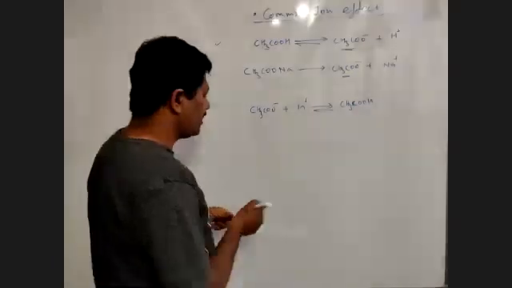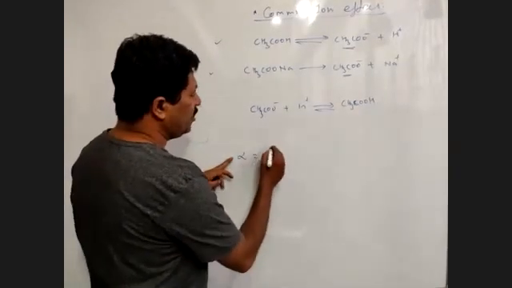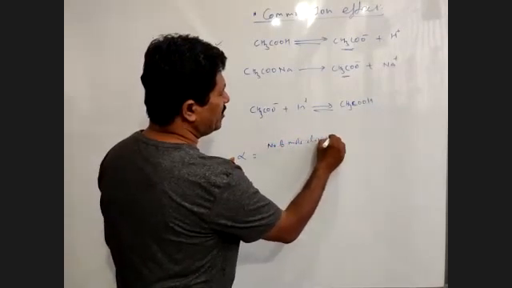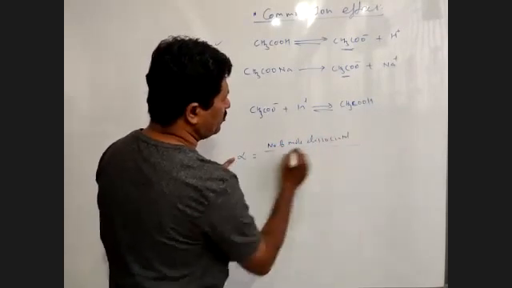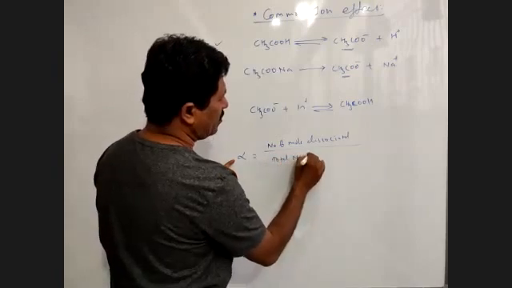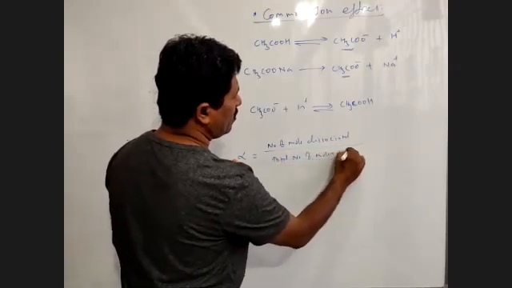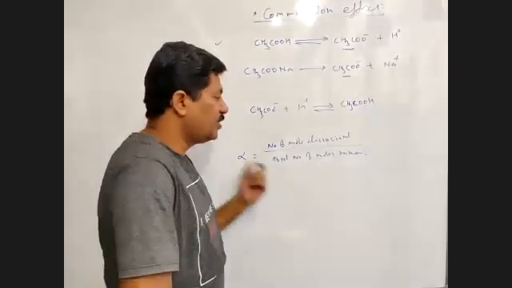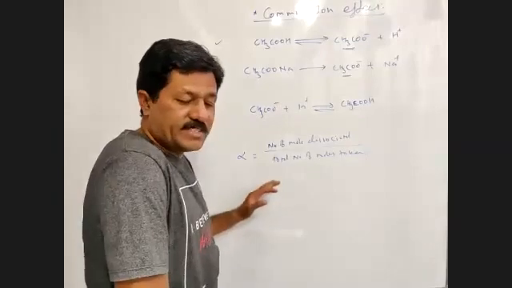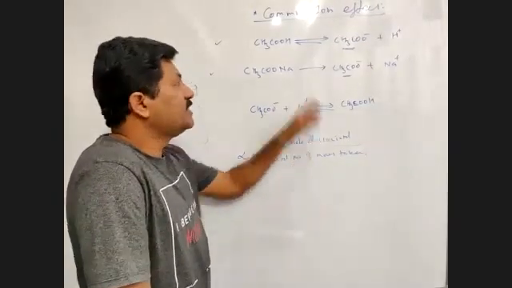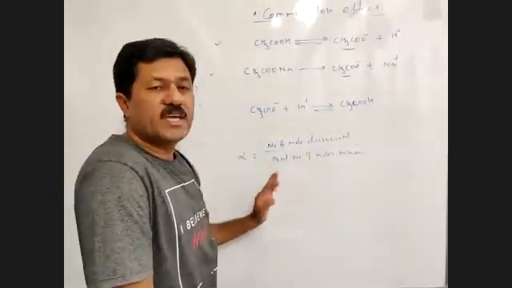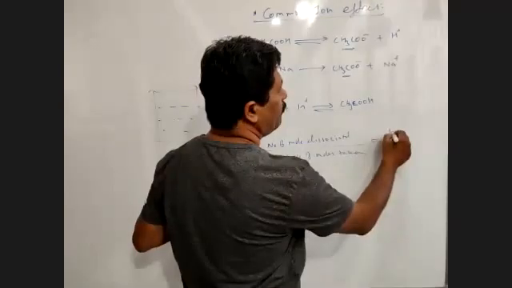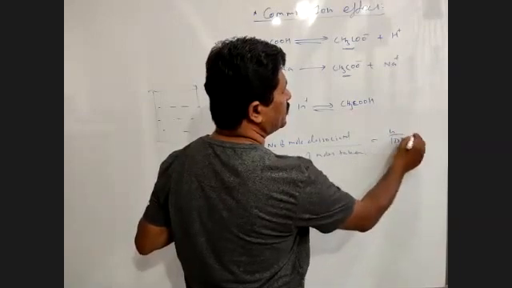डिग्री ऑफ डिसोसिएशन क्या होता है, अल्फा हम जानते हैं, अल्फा इज डिग्री ऑफ डिसोसिएशन और डिग्री ऑफ डिसोसिएशन इज number of moles dissociated upon total number of moles taken. So in this way we can state that number of moles dissociated इसके अंदर कितने थे, 4. total number of moles कितने थे, 100. तो पहला जो था हमारा, 4/100, ये हमारा इक्वेशन मिला था।